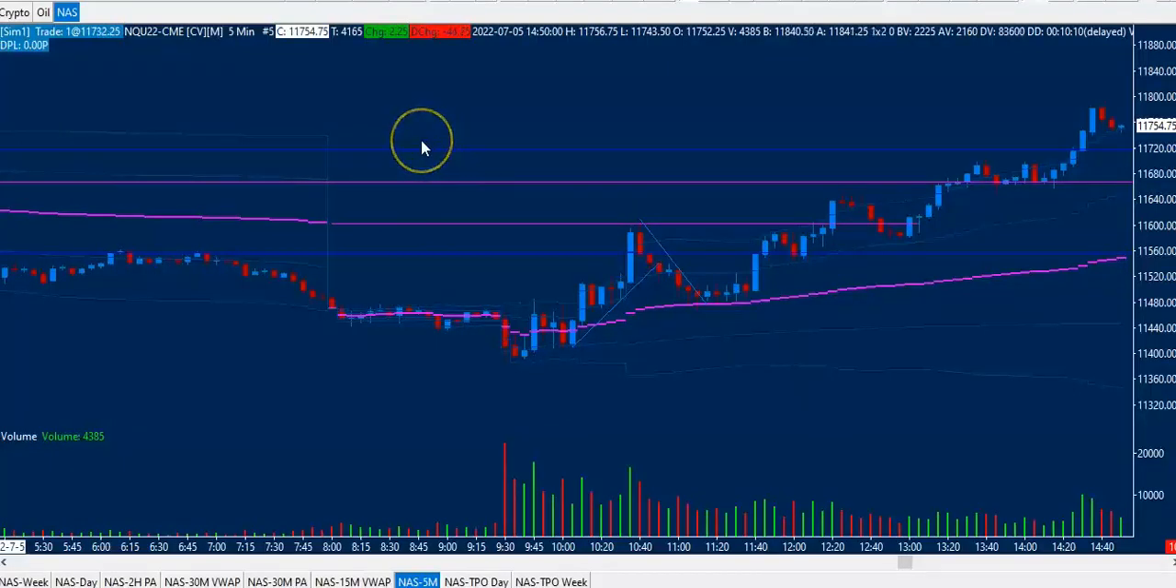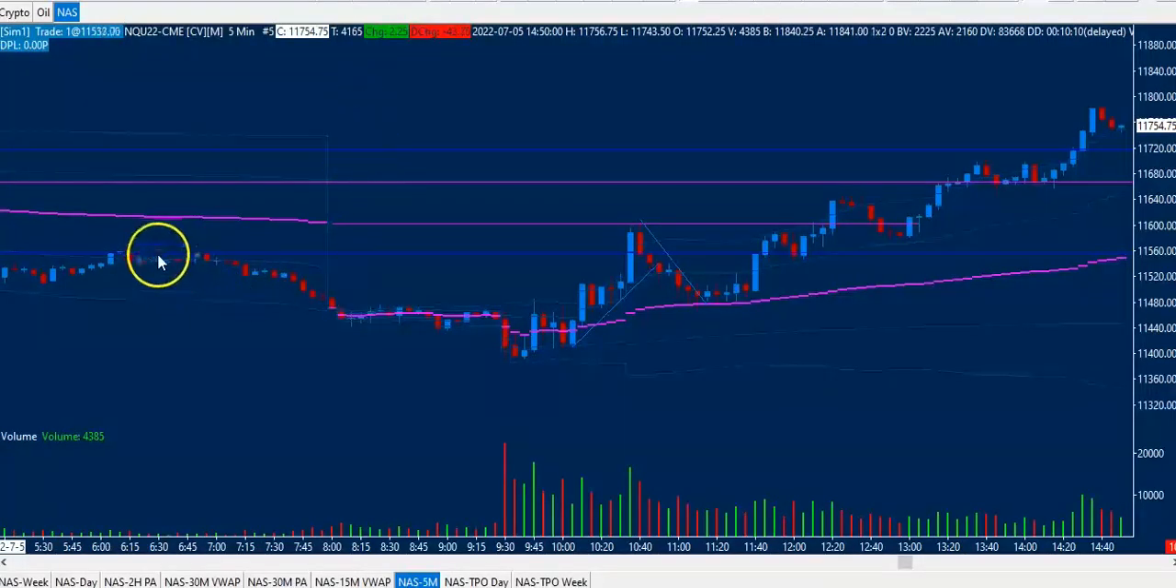I've overlaid the Thursday's TPO support and resistance levels. So the value area low, value area high. This is the previous day VWAP close, and this is that Thursday's point of control. So that being said,